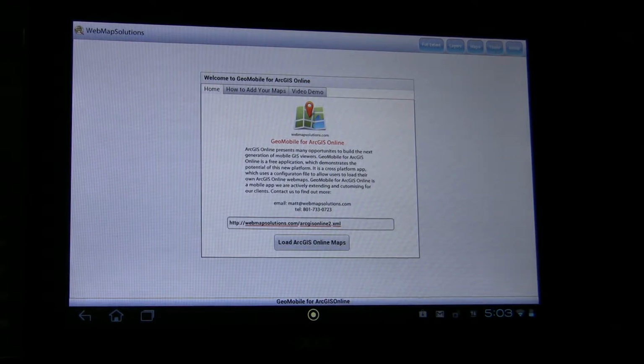Hi, I wanted to guide you very quickly through a new free mobile application we're about to release. It's called GeoMobile for ArcGIS Online. A year ago we released GeoMobile for ArcGIS, which was actually hitting Esri's ArcGIS server endpoints. In this case, we're now going to release an application which hits ArcGIS Online, the new platform that Esri